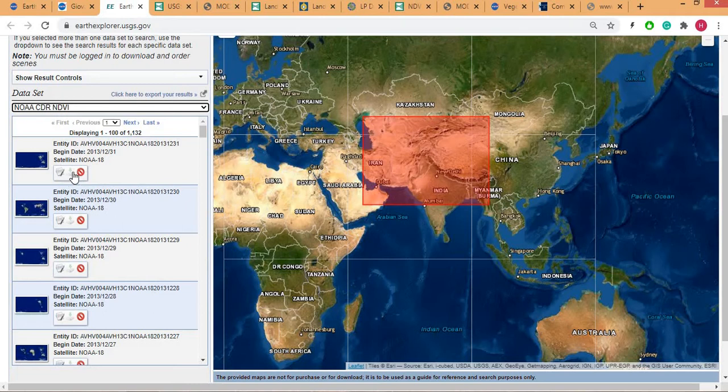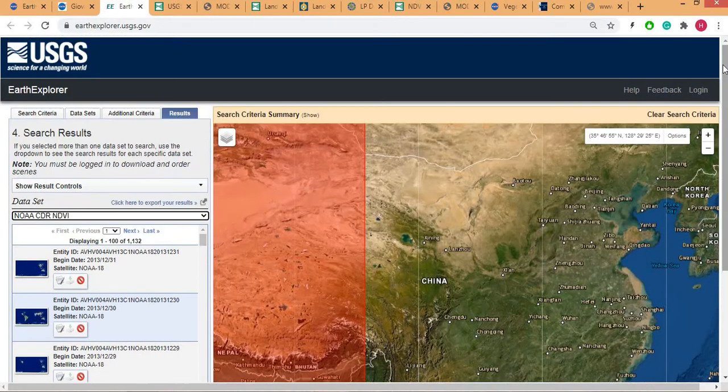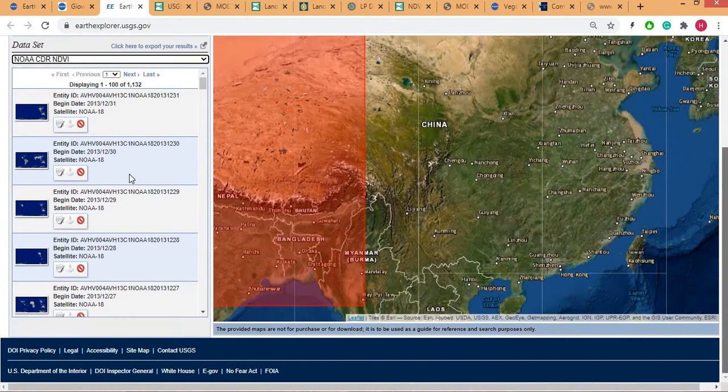You can download the data from here. You should log in using a free registration process. You have to register here, and then you have to download the data, and you can view the data.